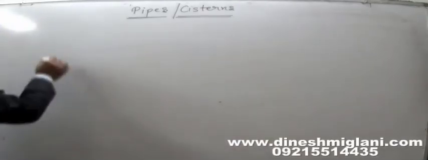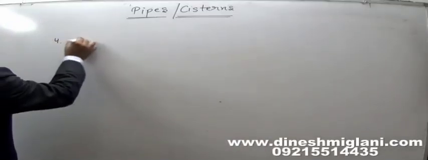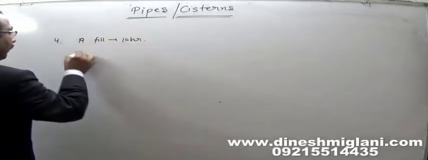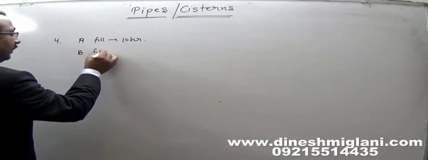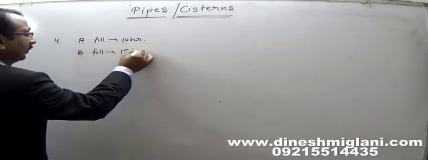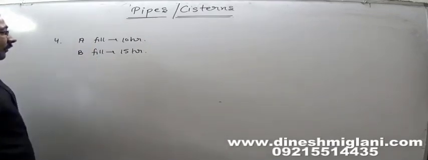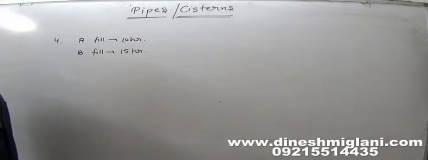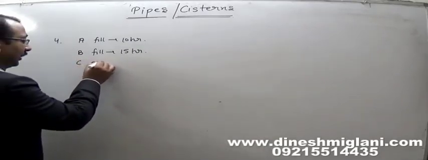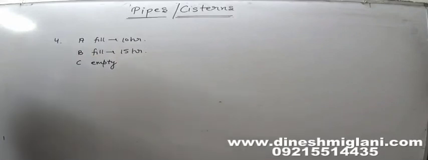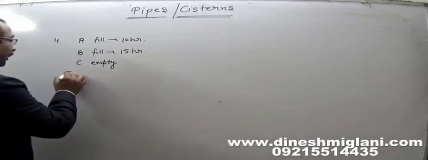It's given that tab A can fill the tank in 10 hours, tab B can fill the tank in 15 hours, and there is tab C which can empty the tank. So that information is provided to us. The question is, if they work together,